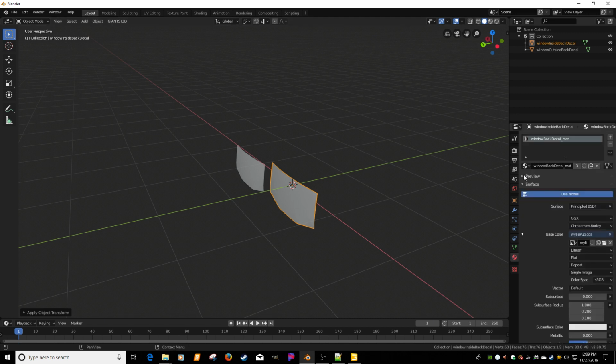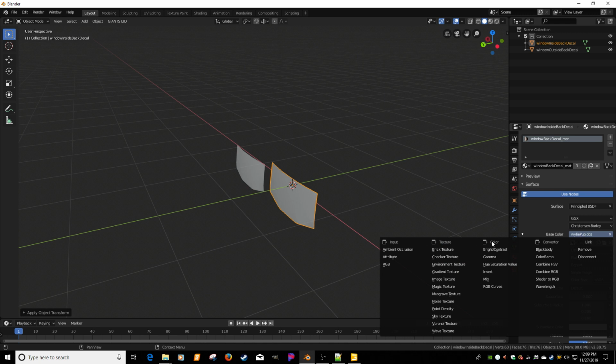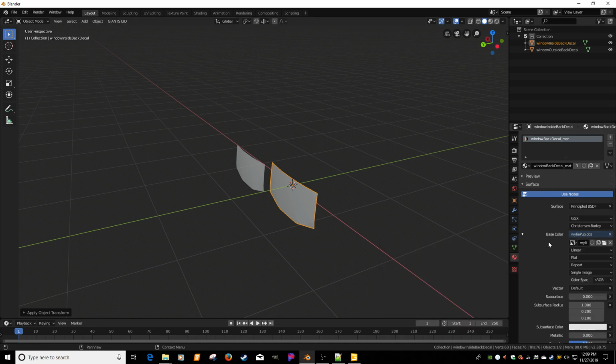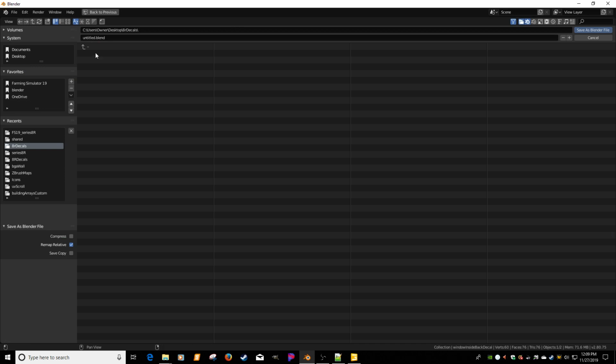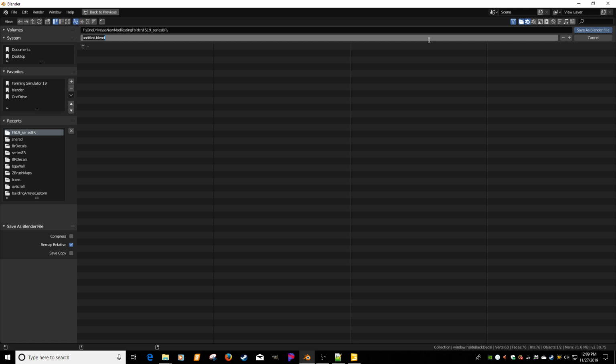We're all set up with our materials, we're good there. I've never exported it back out with the image on there, so this may be interesting. I might have screwed that up, which we can come back in and fix. We're going to go ahead and go File, Save As. I want to go to my tractor, and we're going to call this Back